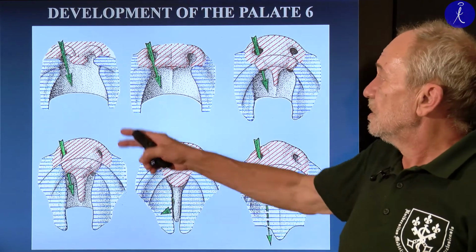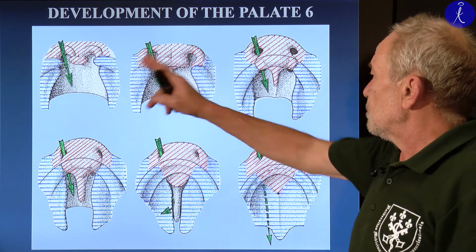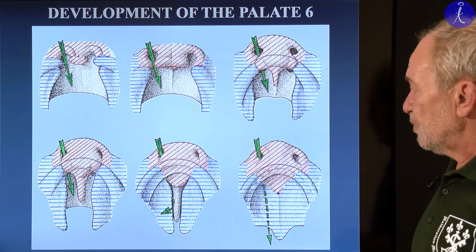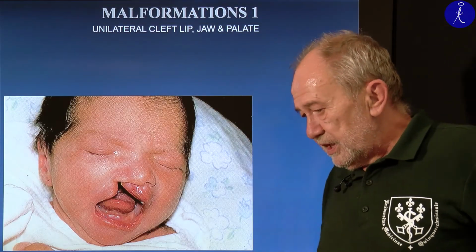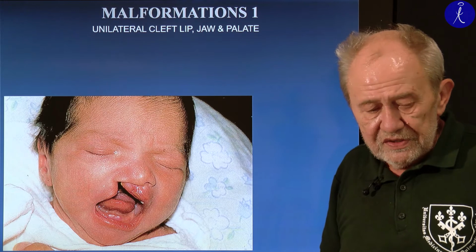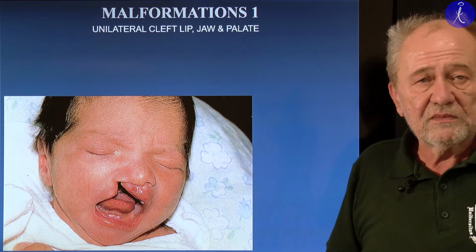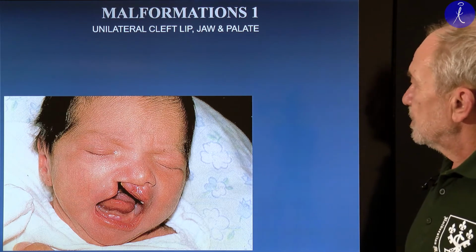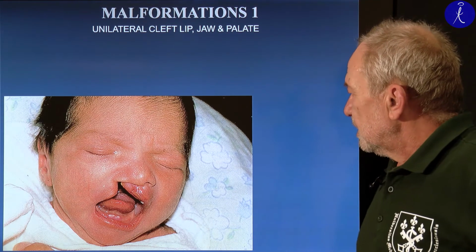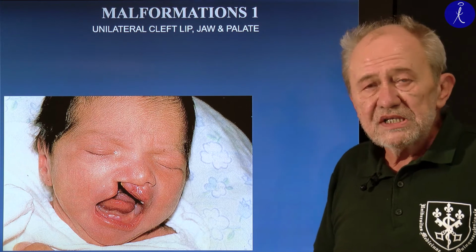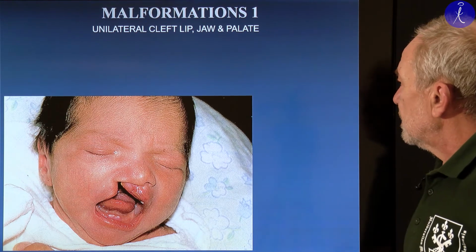Again, sequential illustration of the happenings 1, 2, 3, 4, 5, 6, if you prefer that. So unfortunately, not always does everything go well, and this is when malformations happen. The most frequent of them is cleft lip, jaw, and palate, with combination or only simple form of these cleft